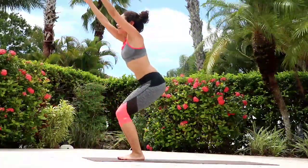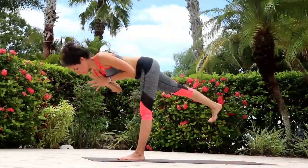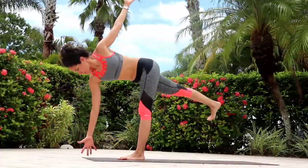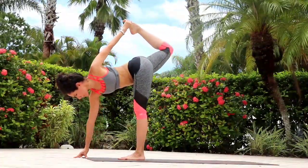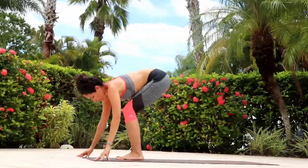Let's prepare for the other side. Hands in the chest, shifting into warrior 3, extending your right leg. Rotate the chest to the left, spread out the arms. And then release the top hand to grab the back foot, hover and kick back into your chair pose, nice